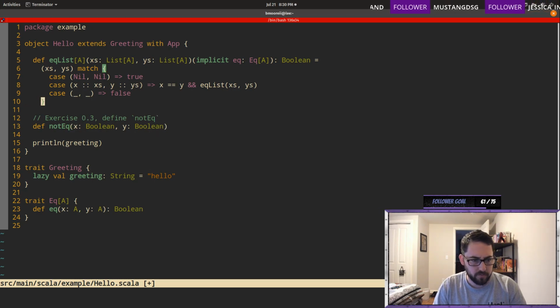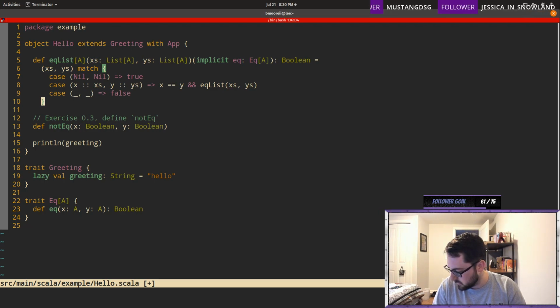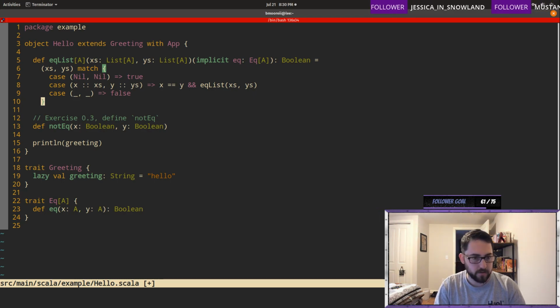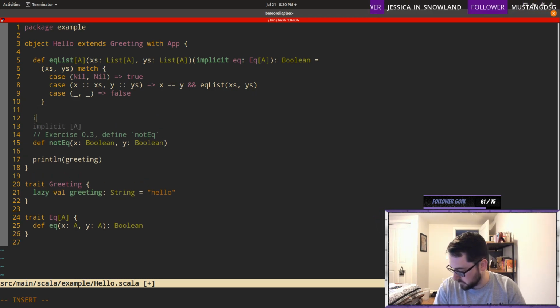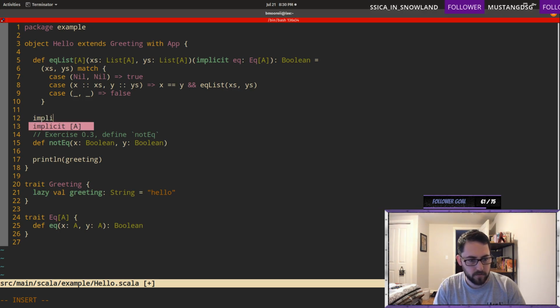So I also suppose we need to define... oh my god, this is terrible. It's really not that bad. It's just very different than what we're usually writing.